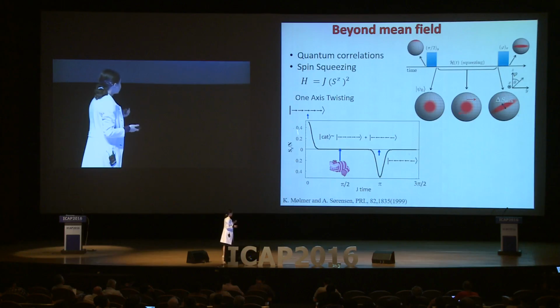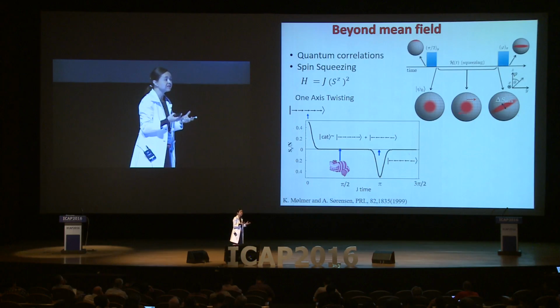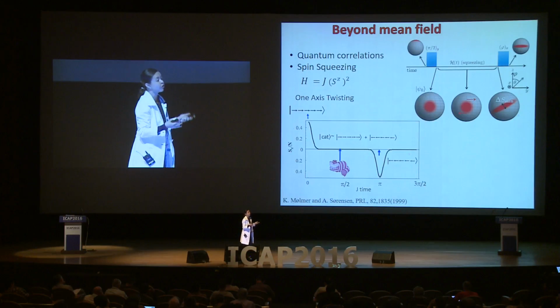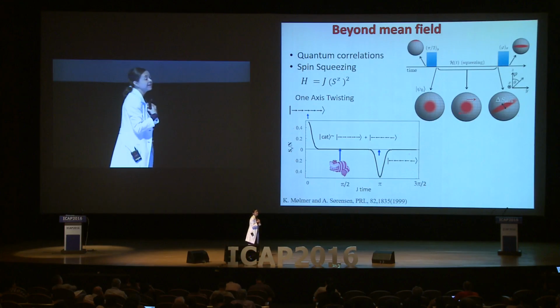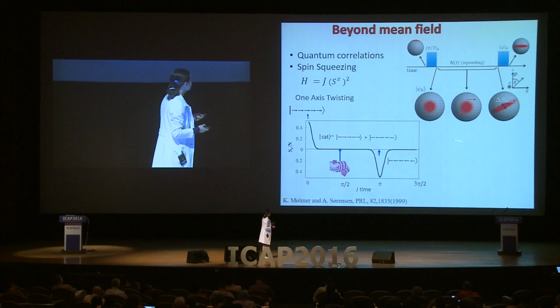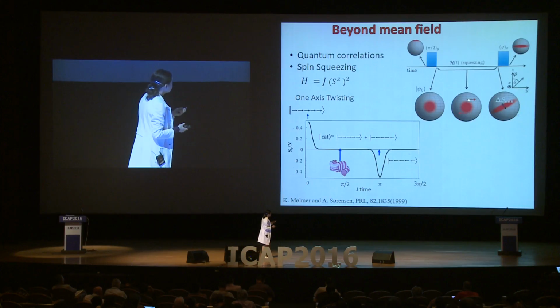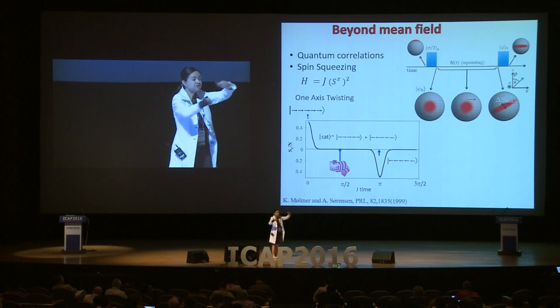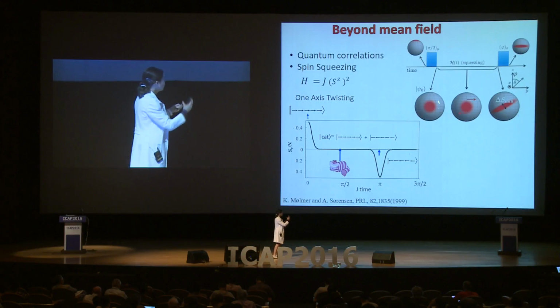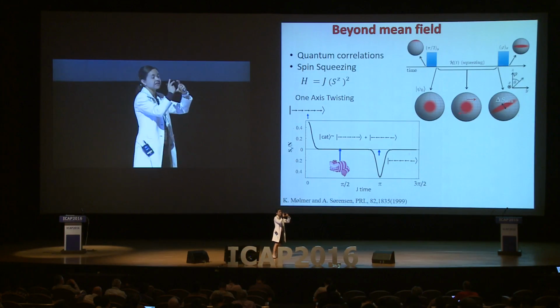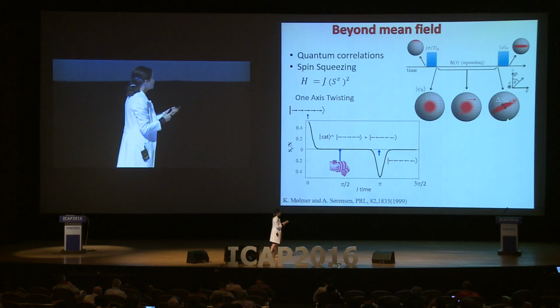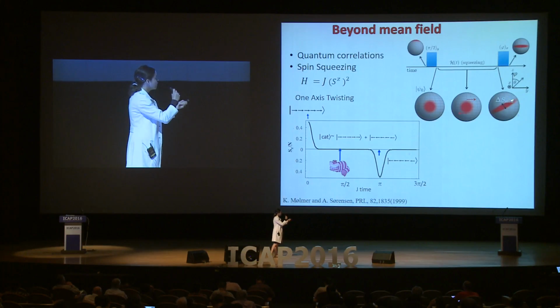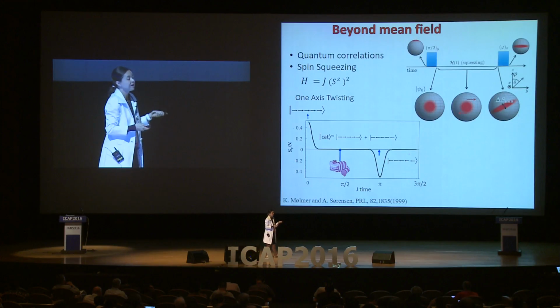But here at short times, we still generate a strong entanglement, and it can be seen in the form of spin squeezing. And the way that I see spin squeezing is the fact that because of this Hamiltonian, you see that components pointing farther from the equator have a larger rotation and in opposite direction. So this distorts the initial shape of a coherent spin state. This is the noise of a coherent state that is symmetric, but gets distorted, and in some places the noise is reduced at the cost of expanding in other directions,